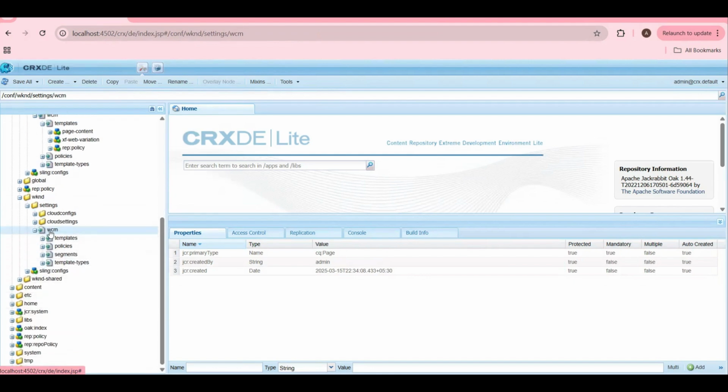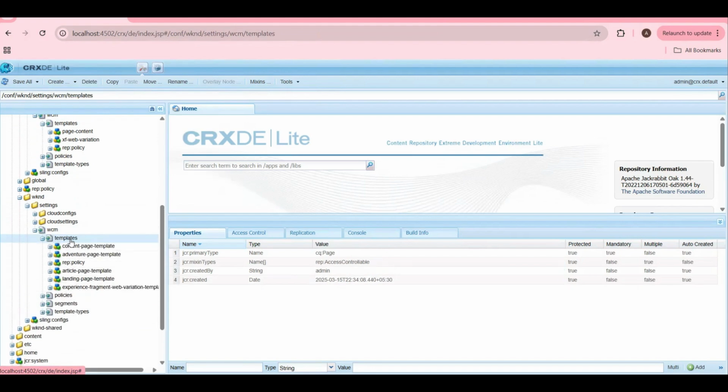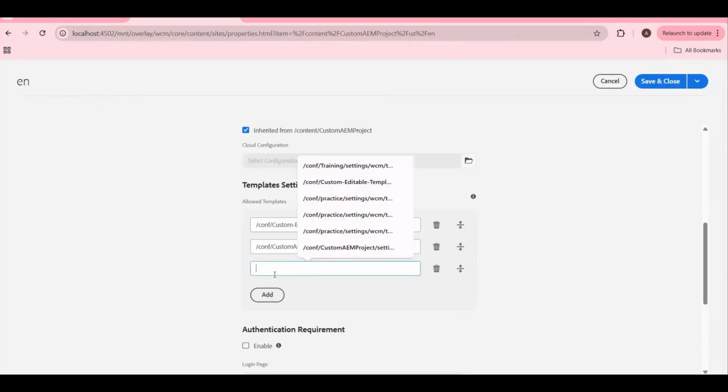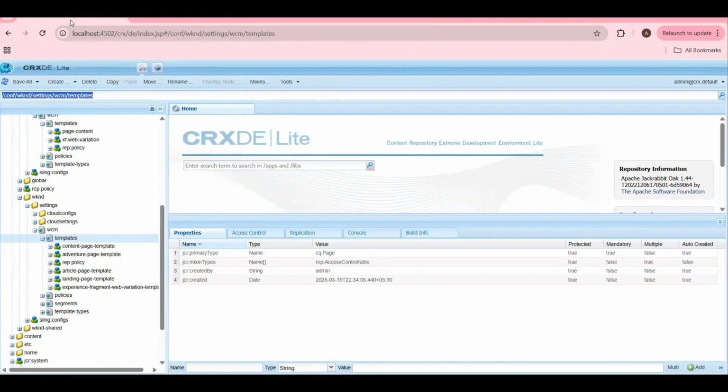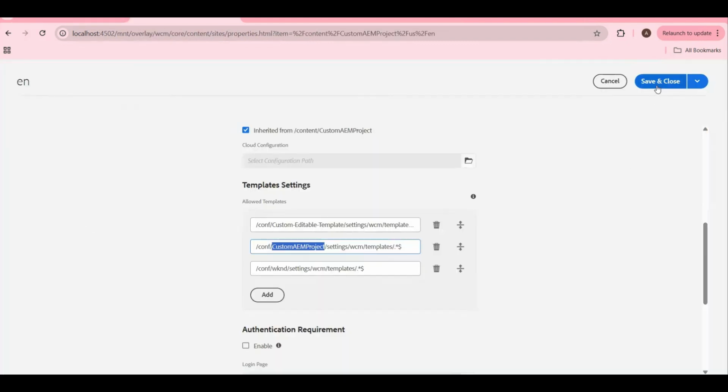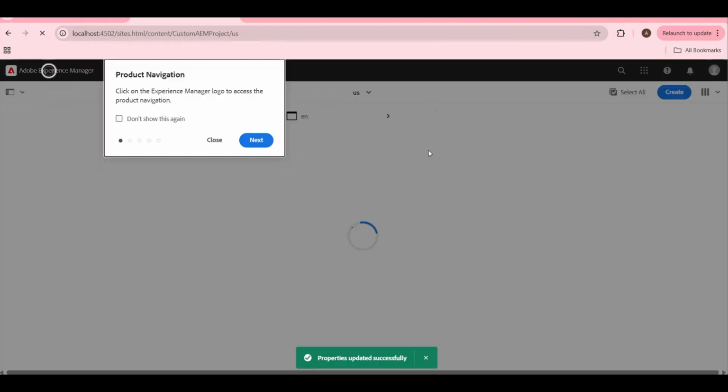If you wanted to use any kind of template, the same thing we can do. Here we have so many things. Suppose I add this one as well, dot star and then dollar. So we will be having so many templates here. Within the custom editable templates we created right now we have only one, and within this we have two, and within this we have four to five. And if I click on save